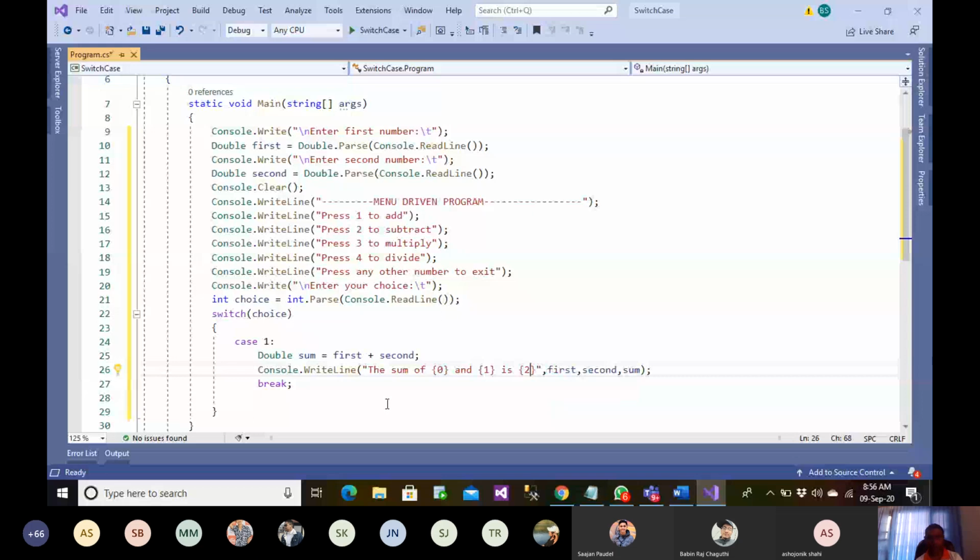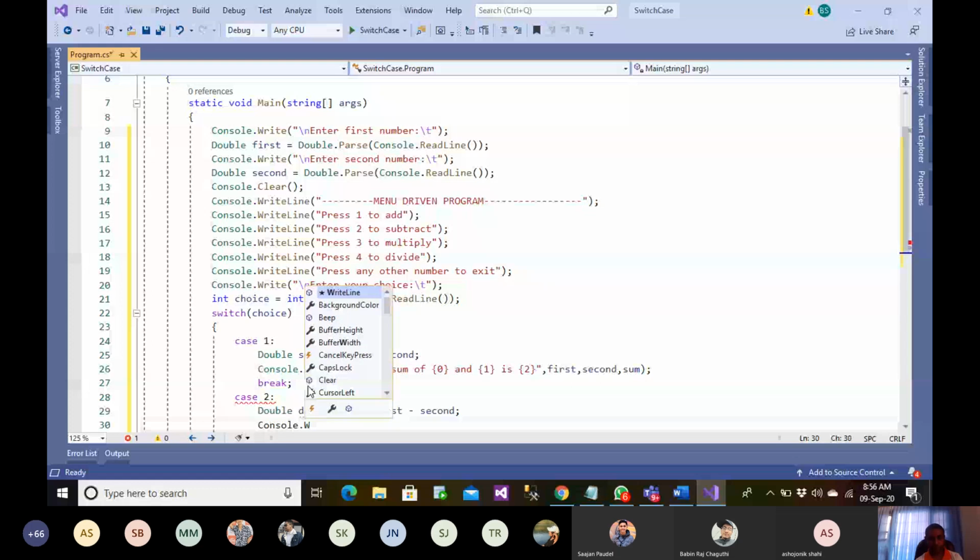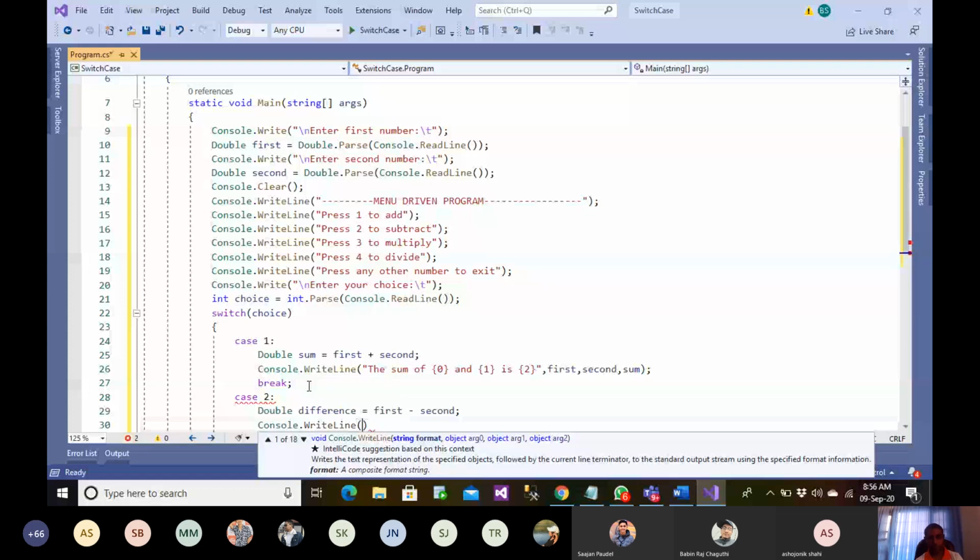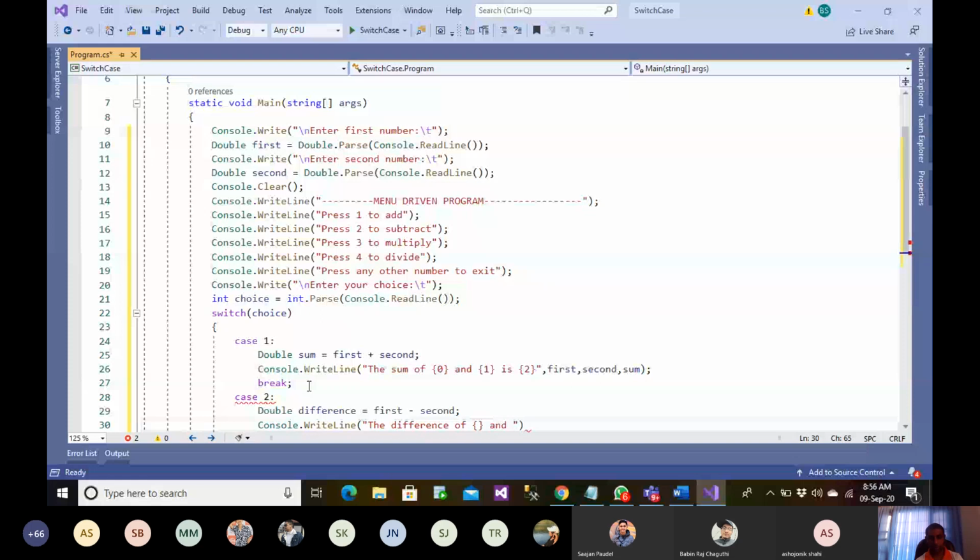Similarly, we'll go for case 2. And here also we have a difference. Double difference equals first minus second. So WriteLine: difference of so and so is so.